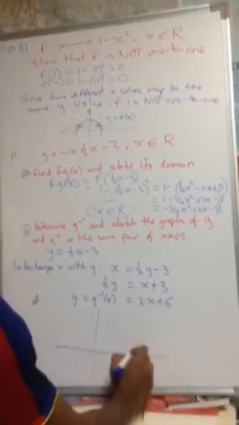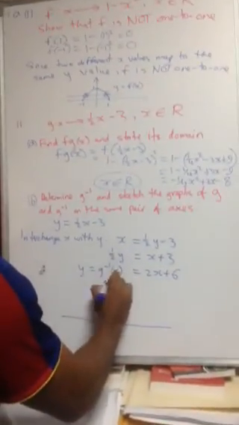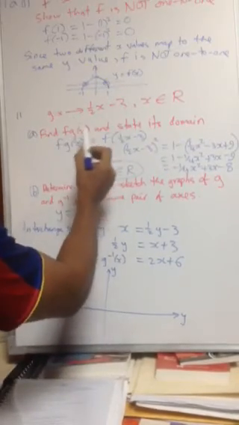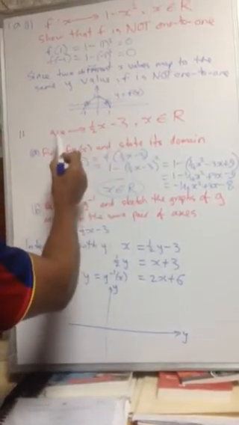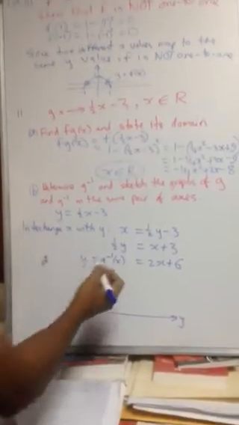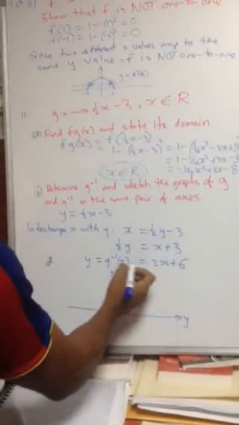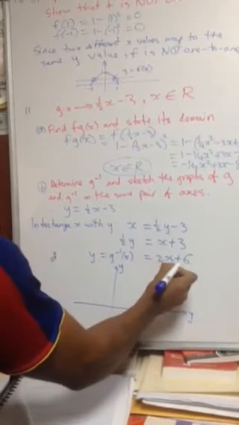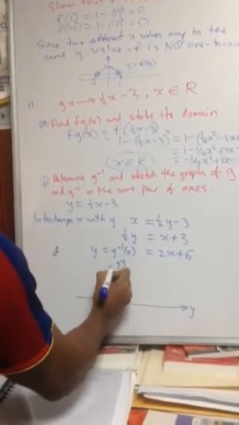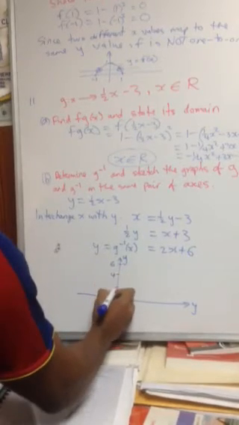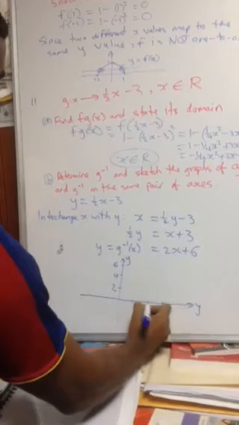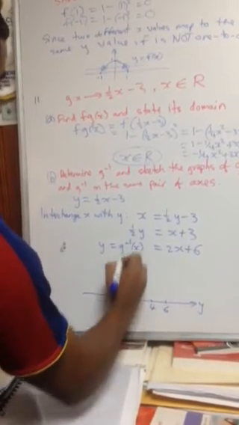Now, if you notice, both of these graphs are linear. Both are of the form y equals mx plus c, both g and g inverse. If we plot g inverse, y equals 2x plus 6 has a y-intercept of 6, so 2, 4, 6. Here we have